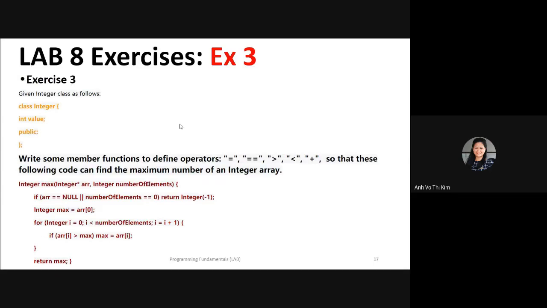Now we come to exercise number 3. We are coming back with the integers class, exercise number 1. For this exercise, your task is to implement the special function, the operator, to overload the operators: assign, equal,